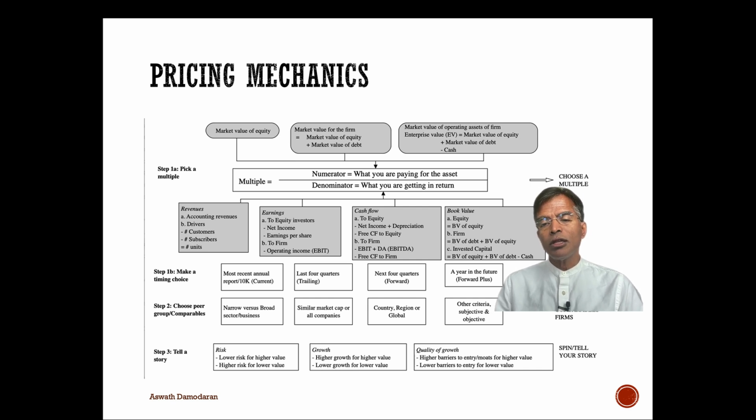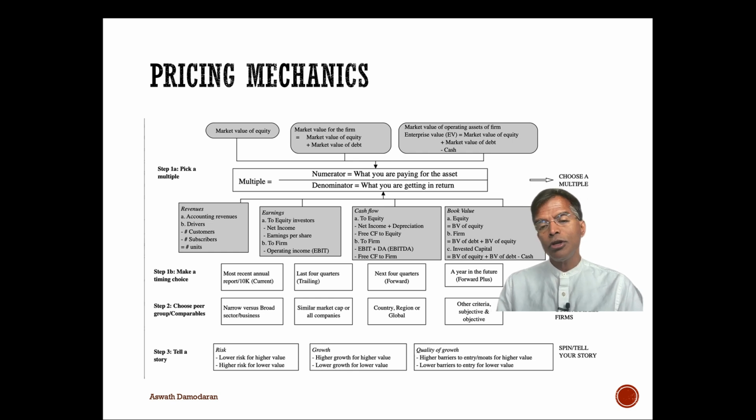So what do we do? Rather than compare price per share, we standardize the price. Sounds fancy, but standardizing the price basically means scaling the price to something. So let's look at the choices because that's what you get with the multiple, a price earnings ratio, an EV to EBITDA. Let's look at the numerator. The numerator of the multiple is usually a market number, market price of equity, market cap. It can be market price of equity plus debt, which is market value of the firm, or market value of equity plus debt minus cash, which is called enterprise value.